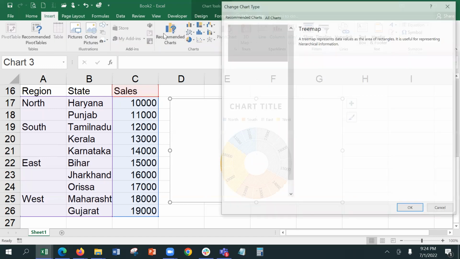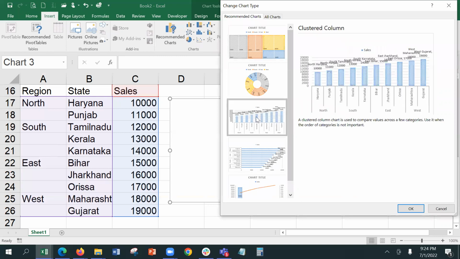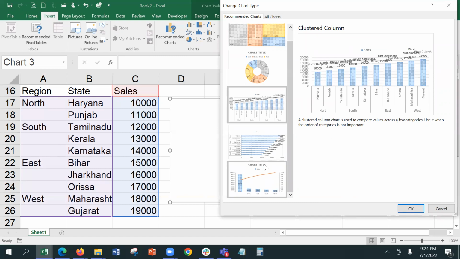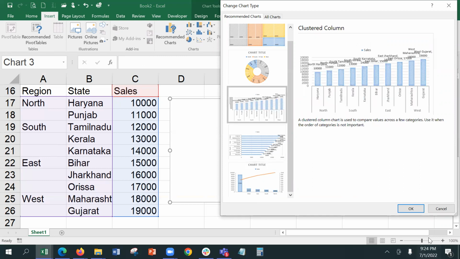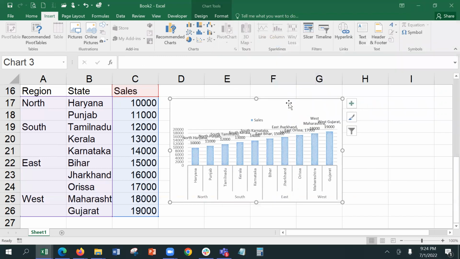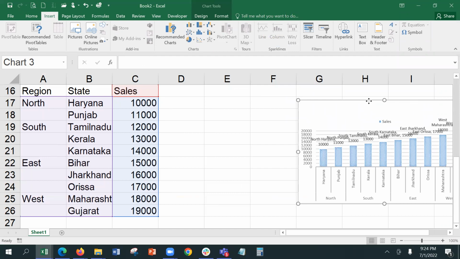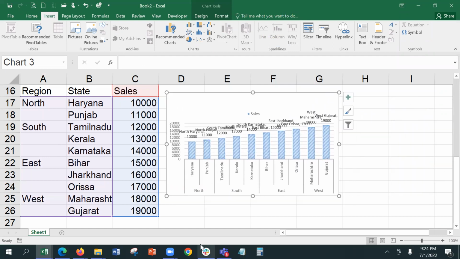So here I can go to this recommended chart. So here you have a recommended chart also like this, where north, south, east, west is showing. This is another way. There are different types of charts that can be created here. So this one also you see here. Here they are creating it like Haryana, Punjab, north, Tamil Nadu, Kerala, Karnataka is south, Bihar, Jharkhand, Orissa is east,